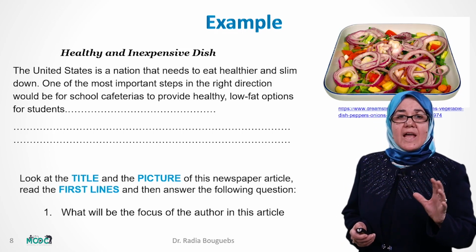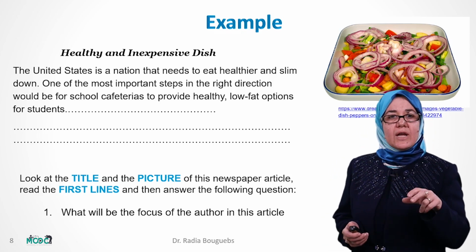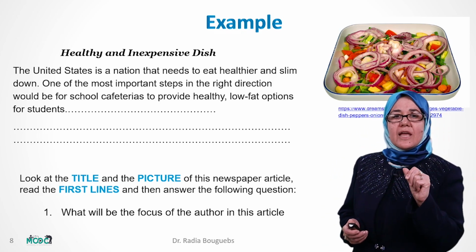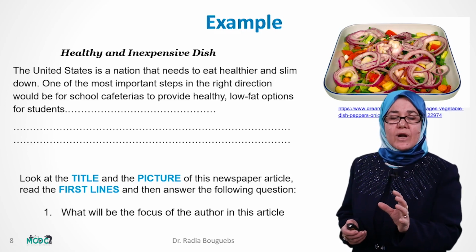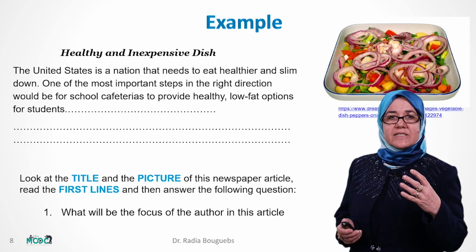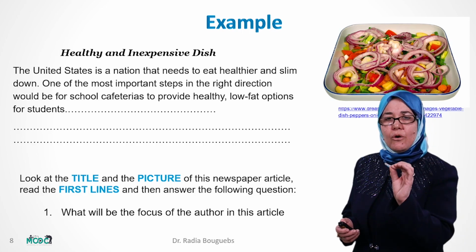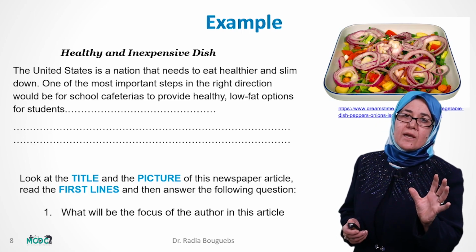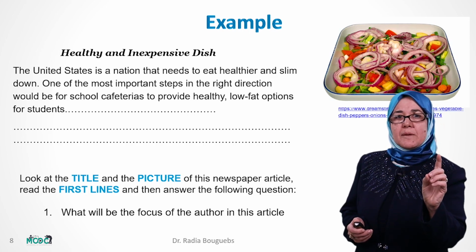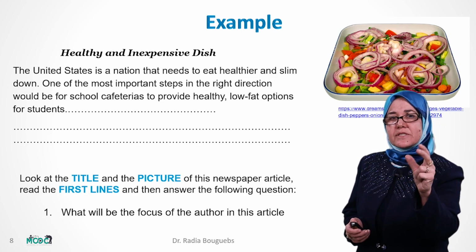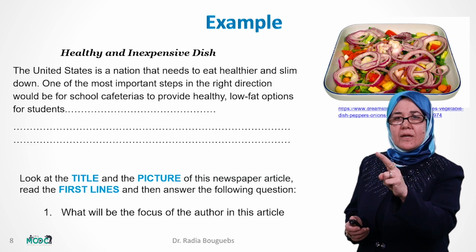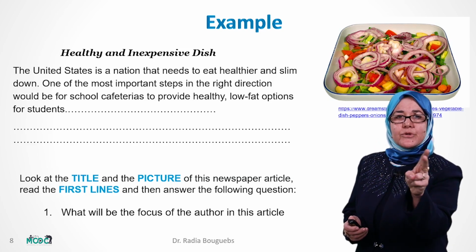So here, I can have a look at the title and the picture of this newspaper article, read the first lines and ask myself, what will be the focus of the author in this article? So here, I will rapidly move my eyes throughout the title, the caption, the picture, and the few lines,